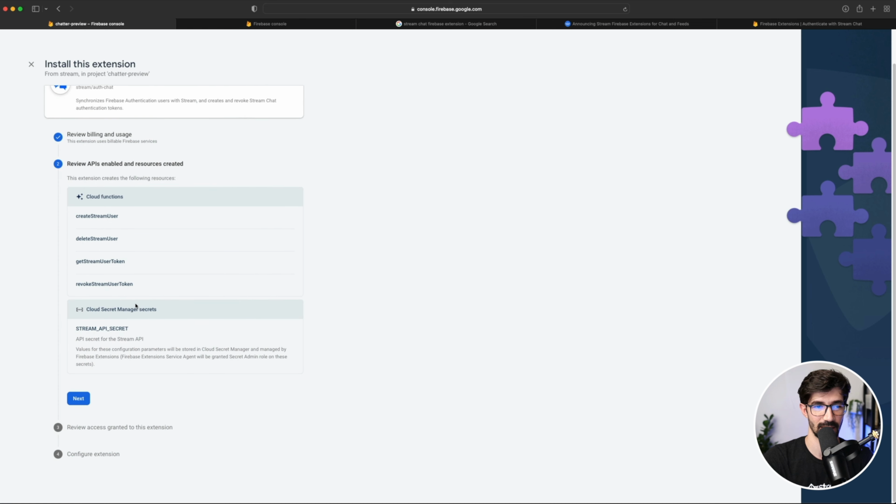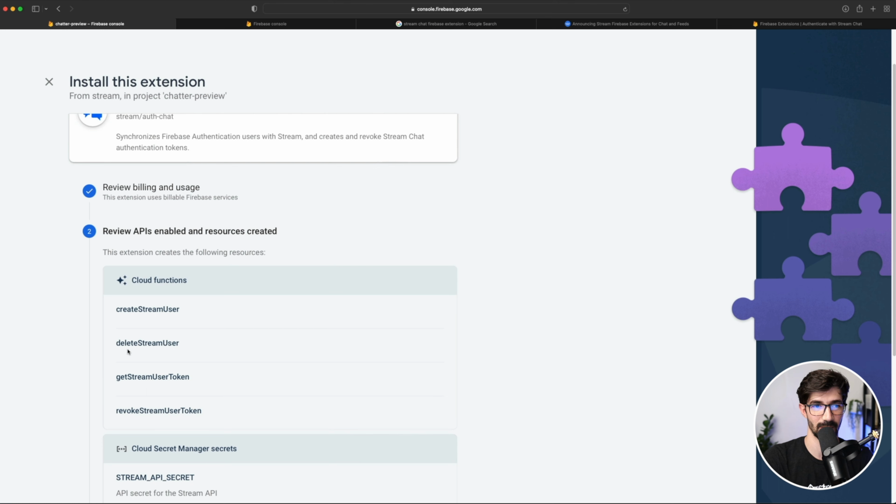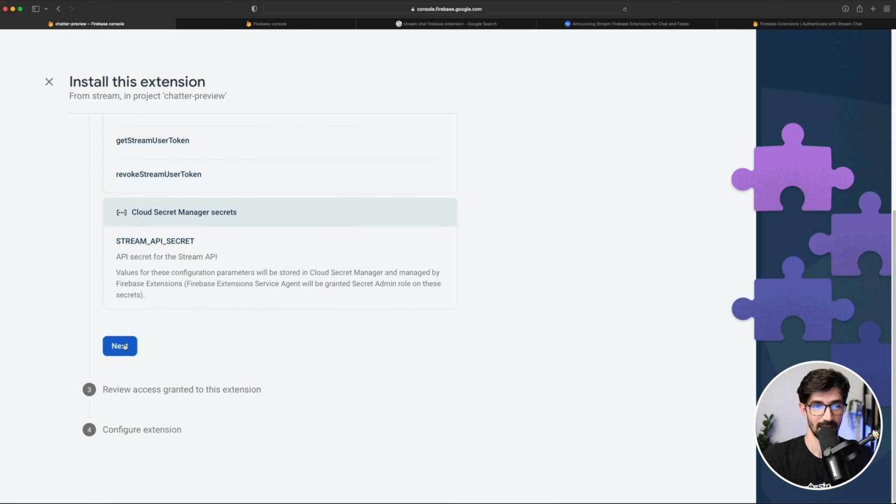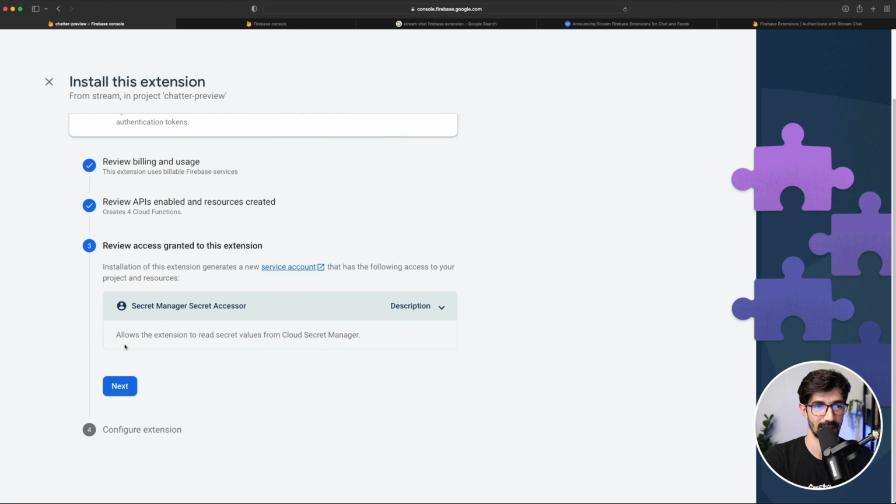So yeah, the next thing you'll need to do is enable Cloud Secret. You'll see there's a pop-up here that says enable this for this project. This is because you need to store your stream key and secret in the database. Let me just zoom in a bit to make this easier to view. And then we can say next. And then the final step would be,